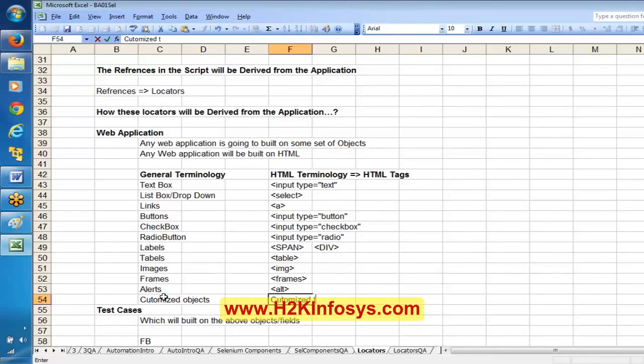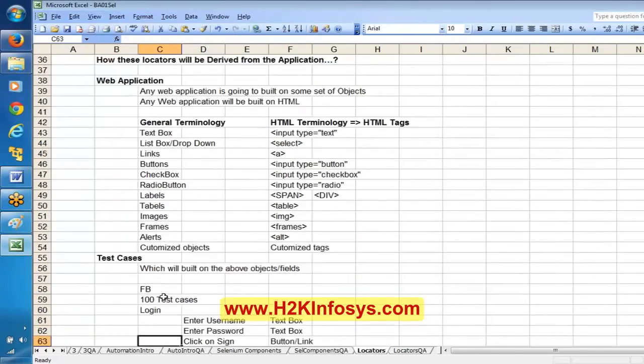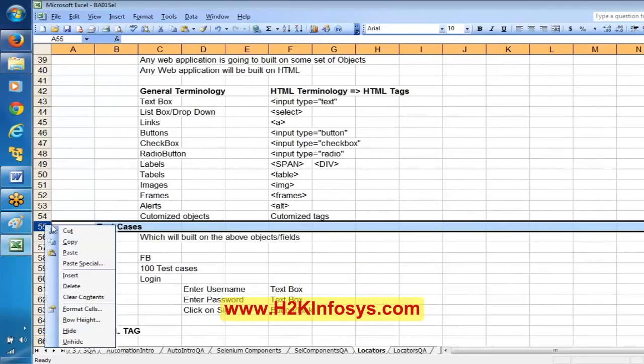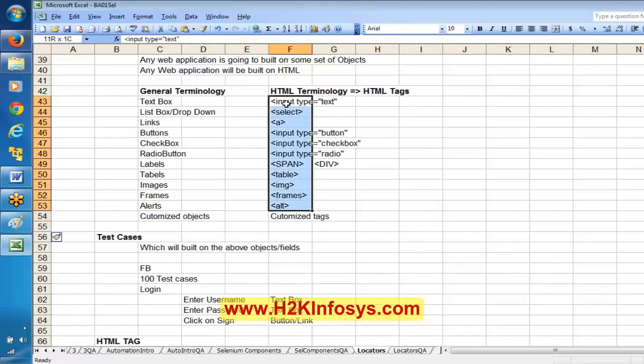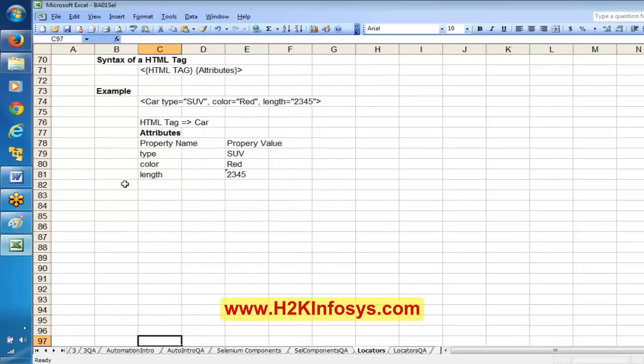These are the by default, inbuilt, regular tags. But even if your application has customized tags, just forget about them. You don't need to worry. You just have to remember this syntax. In simple terms, whatever you have after the less than symbol is called the HTML tag, and the remaining thing will be called attributes.